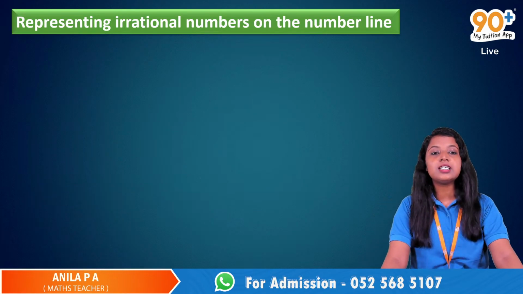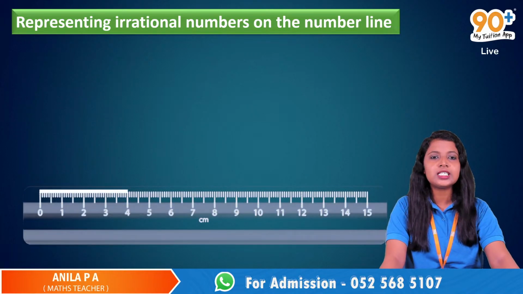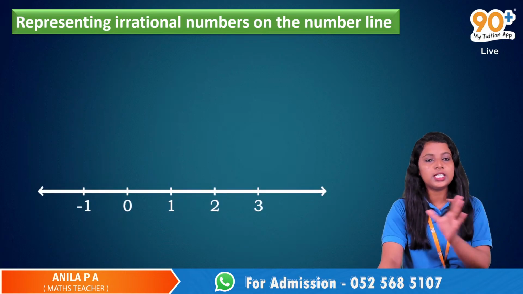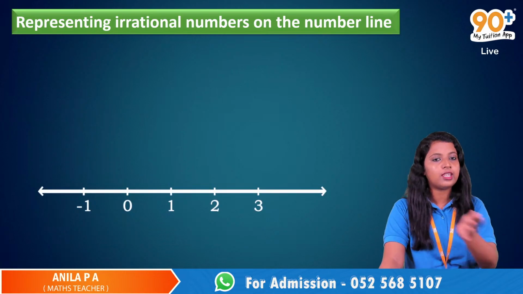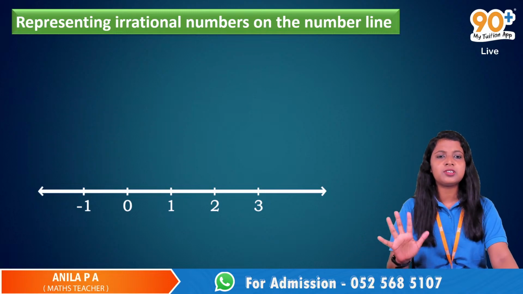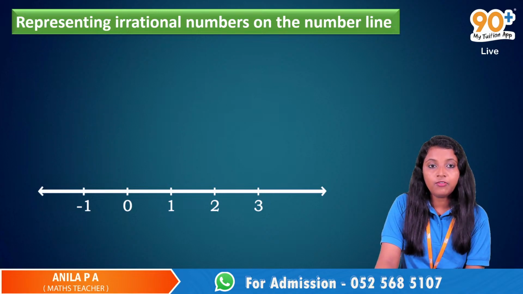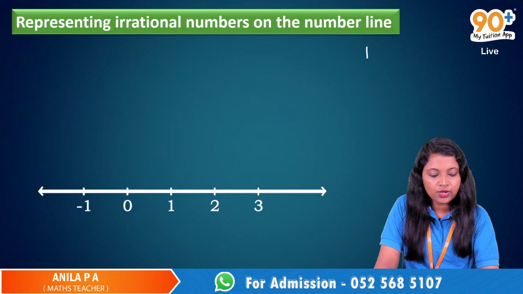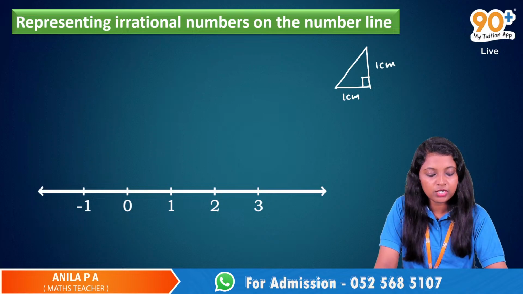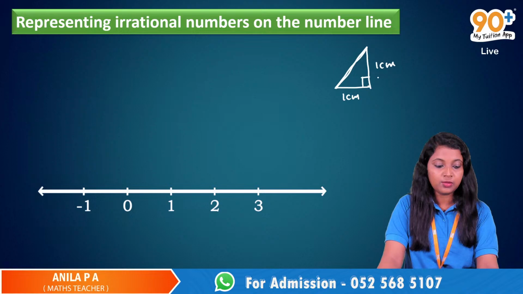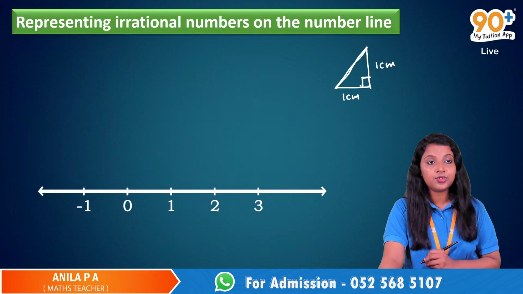While discussing this root 2 in the last class, we already discussed this thing. First of all, you just draw a line and mark the points, like 1, 2, 3 to the right side and negative numbers to the left side. Negative numbers are not necessary. Taking 1 centimeter, you have to draw a triangle. This is 1 centimeter and this is 1 centimeter, and here we are joining these two points. Since this is 1 centimeter and this is 1 centimeter, and this is a right angle triangle, we have